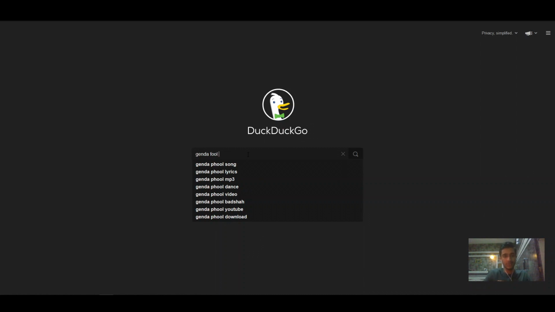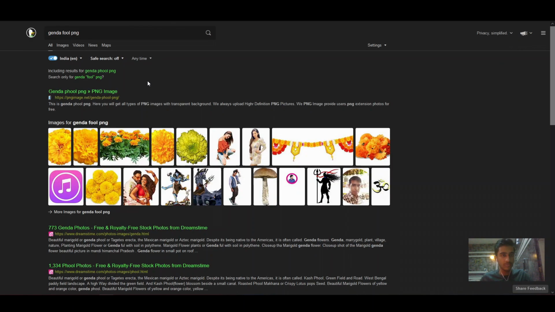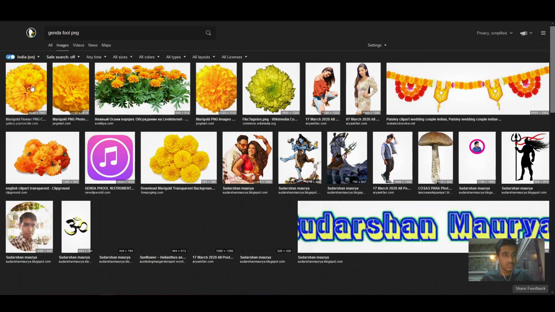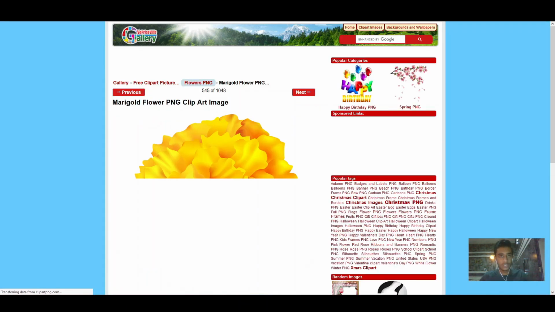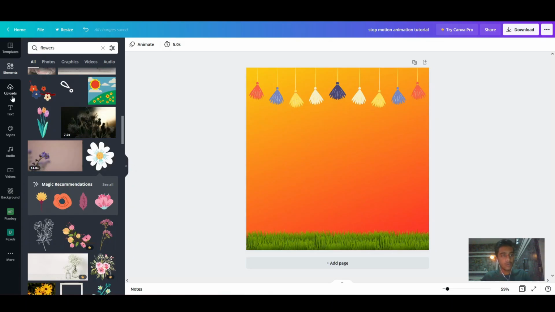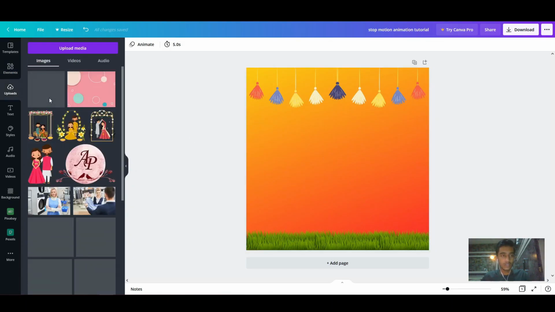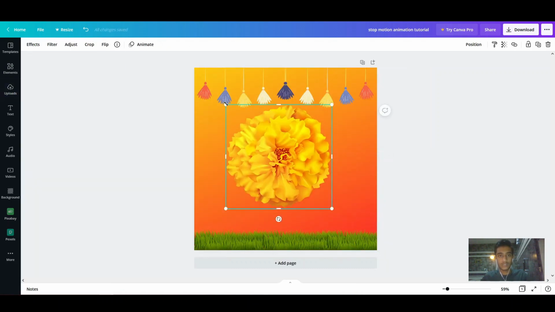I don't know what its English equivalent is, but you can search for Genda Phool PNG images on any search engine, and as you can see, we have a lot of results. I think I chose this one. We can view the file and just download the PNG image of the same, and we can just drag and drop it onto our canvas, and as you can see, this is the one.